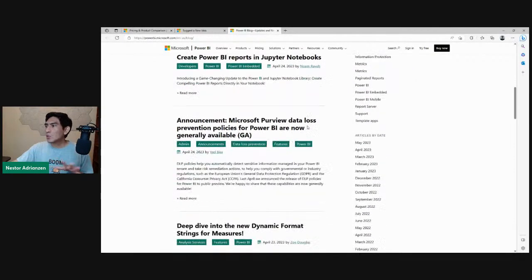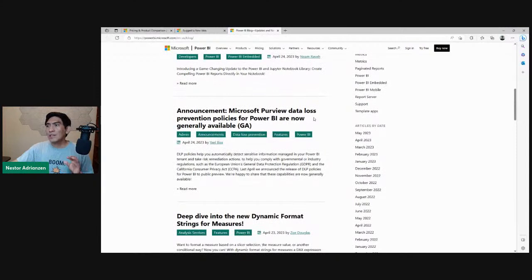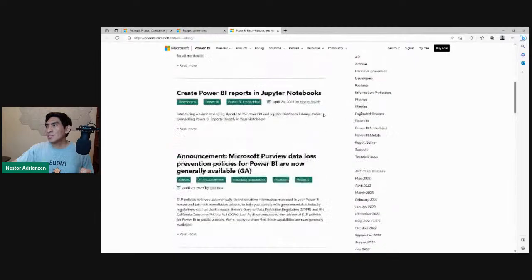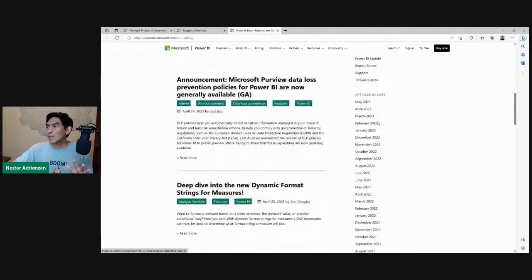So you can just take your time and read here the innovations, the new ideas that are coming live, right? And this is based on the feedback they received. So they are implementing those changes. And then as you can see here as well, check this out, articles by date. You can go back. If you want to reference a previous article, you can go back as well.